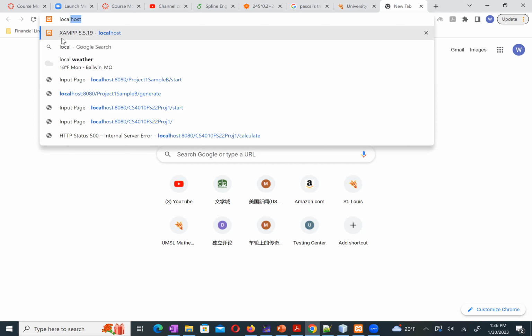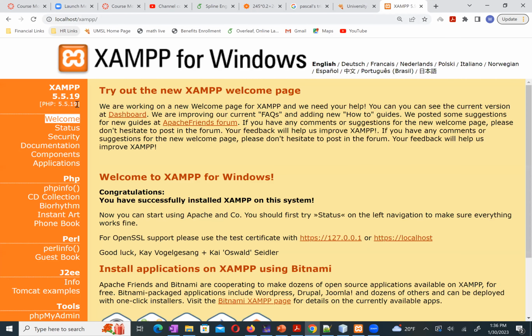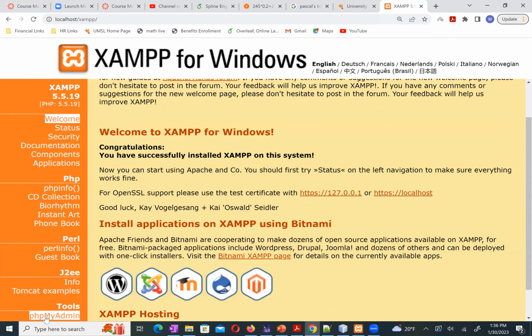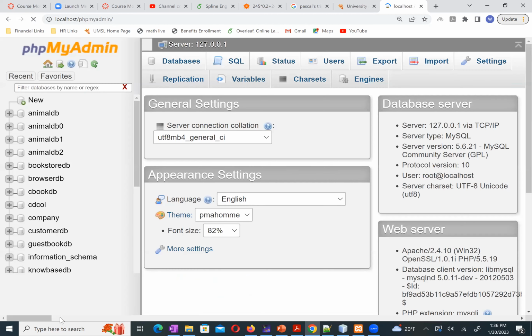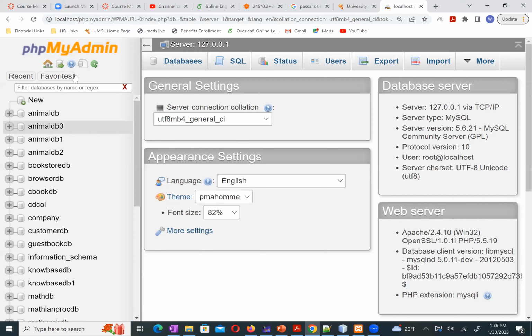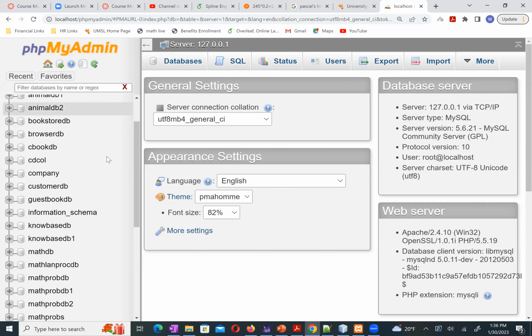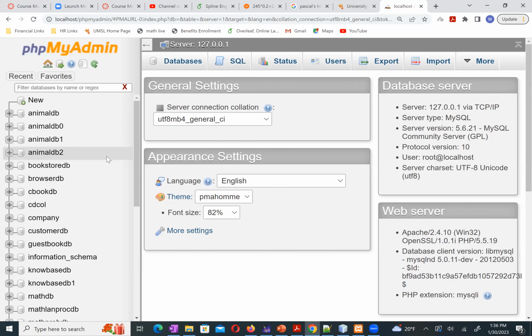When I type localhost and click enter, because Apache is running on localhost, you see the default page. Look at the bottom, phpMyAdmin. You click this link. You get the phpMyAdmin interface, a GUI interface for the